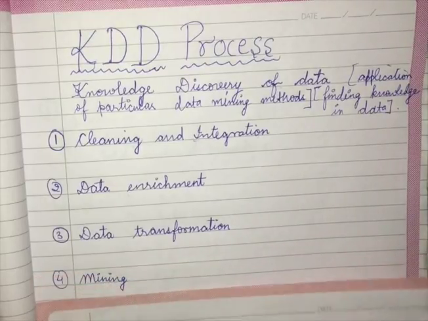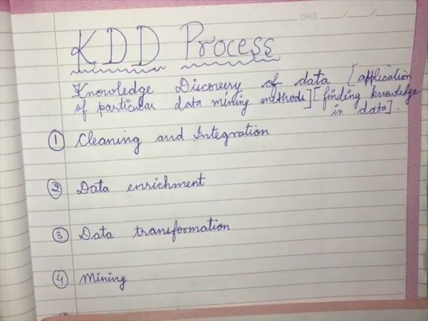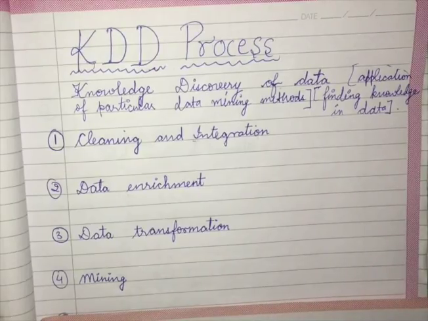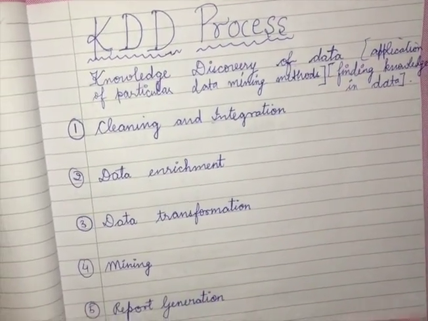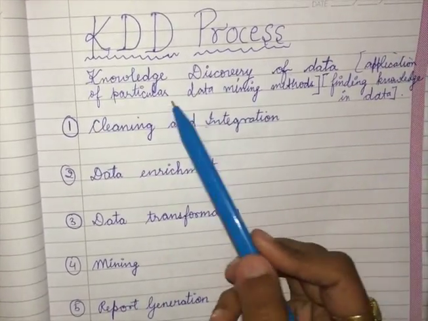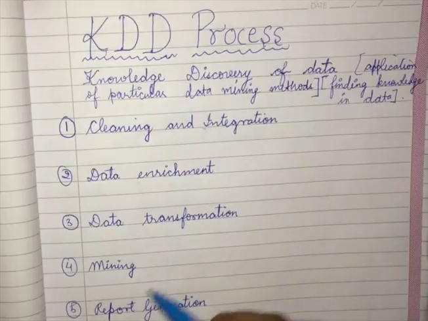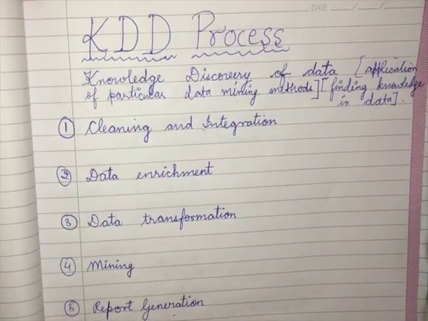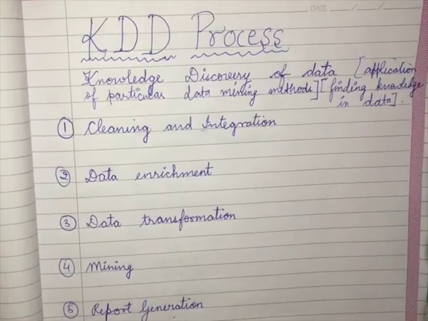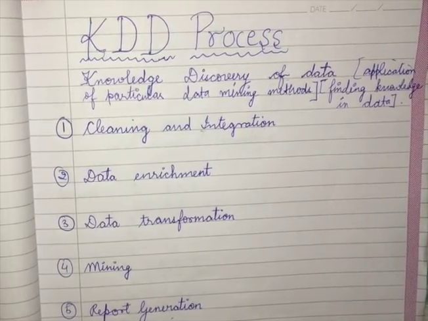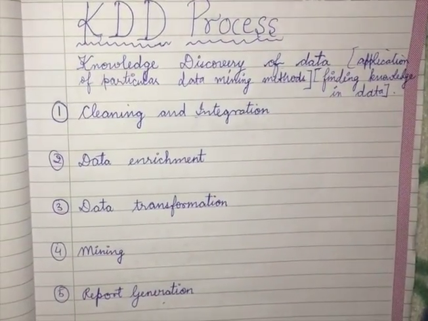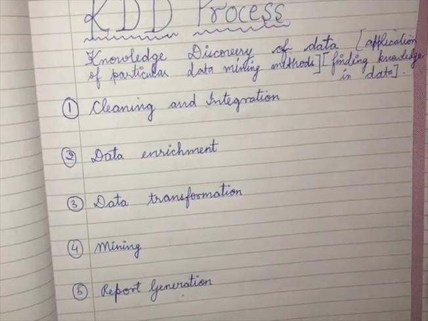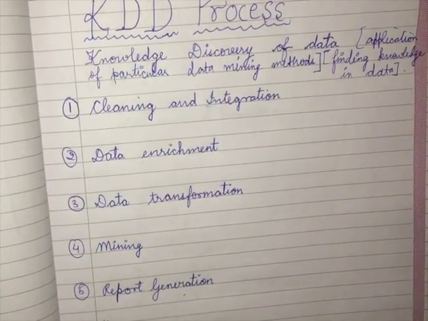Data mining, as I discussed, is the extraction of some data or predicting some results that you want from the data, and that is very well discussed in the previous video. You can check out the playlist. Then last is the report generation. That is, after the data has been cleaned, integrated and everything, I will generate my required reports. For example, I want the names of all those people whose salary is greater than 10,000. So I will be able to have the desired answers, and I'll be able to get accurate information. So that is all about the KDD process, very precisely and shortly.